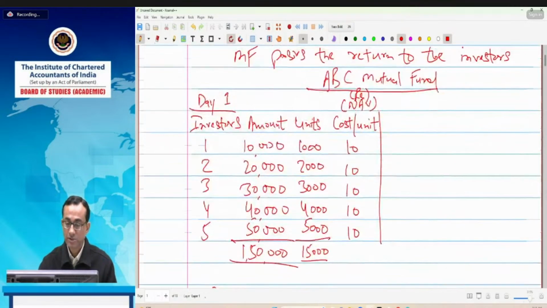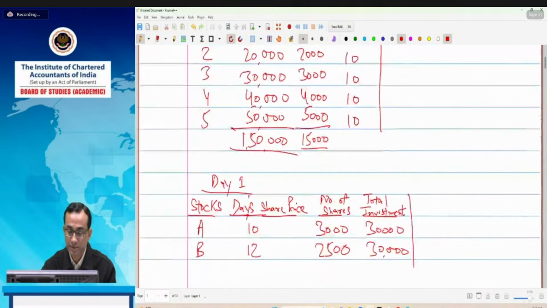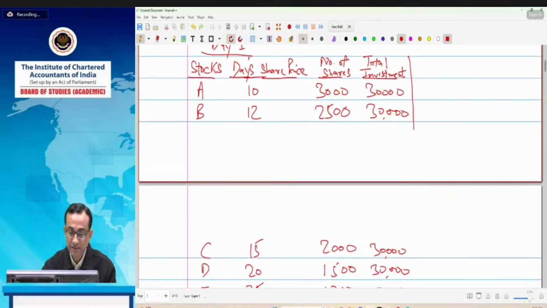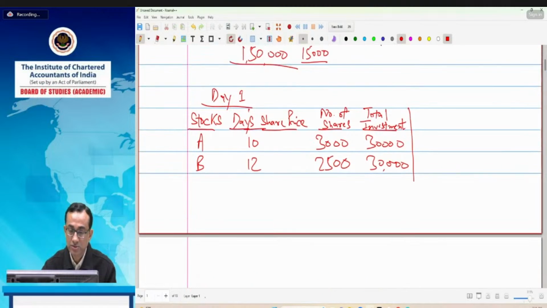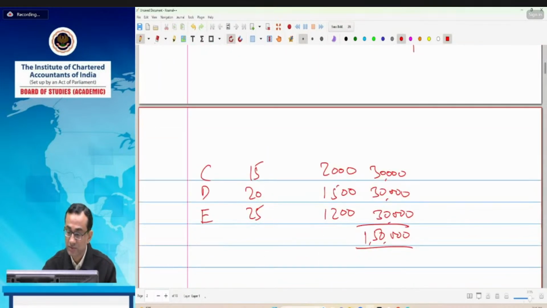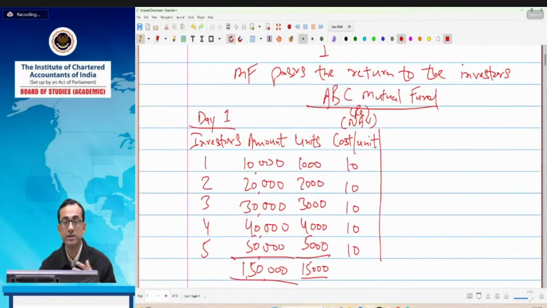Okay, so how do we proceed? First, the same process: the mutual fund collected the money from five investors, say. The amount and units are given and unit cost is fixed at rupees 10. So this is the position on day one. And on day one itself, for example, on this day, 21st of February 2004, the mutual fund invested in the stocks of five companies. So companies A, B, C, D, and E. And the share prices of these stocks are given in front of you. The number of shares invested is also given, the number of shares which the mutual fund invested in these companies. So total investment amount comes to this 1,50,000. So whatever amount 1,50,000 is pooled from the investors is invested into these companies.